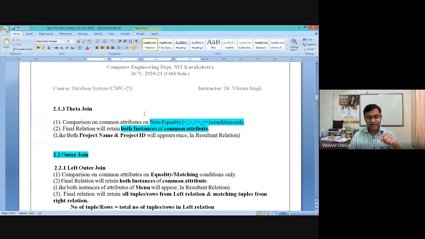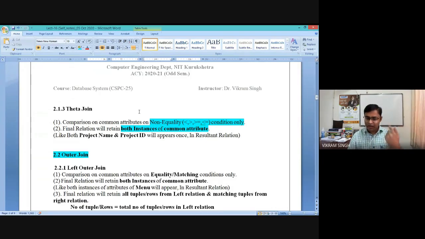So for that, there is a third version of inner join, which is referred to as the theta join. So theta join is nothing. It is again an extension of natural join. बस उसमें क्या change आएगा? पहला, it will have non-equality conditions for the join.